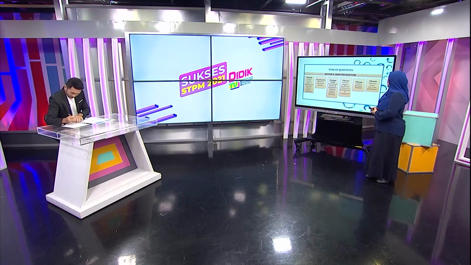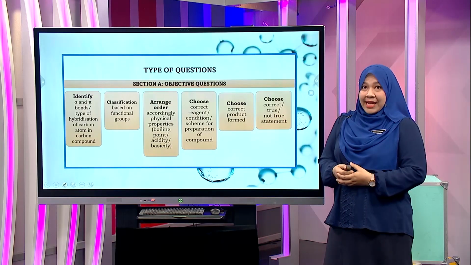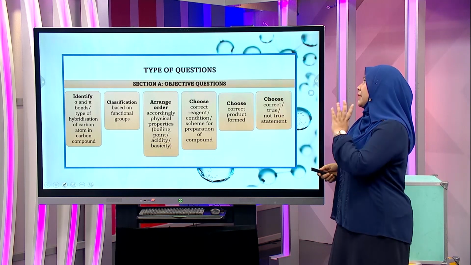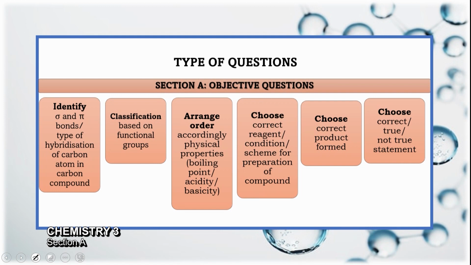Yes, now we are moving on to section A. Okay, section A are objective questions. So these are the types of questions from my analysis. Jadi kalau kita tengok di sini, jenis-jenis soalan yang akan keluar dalam section A are identify sigma and pi bonds